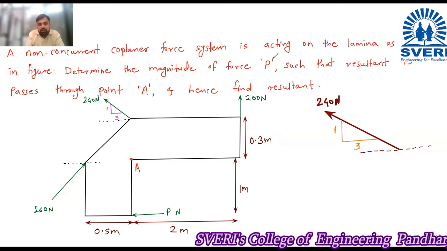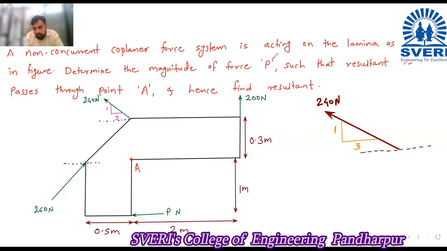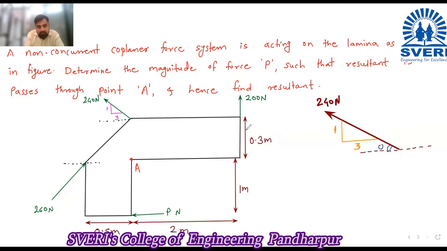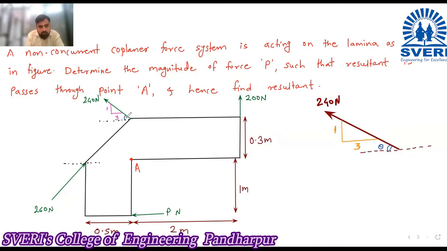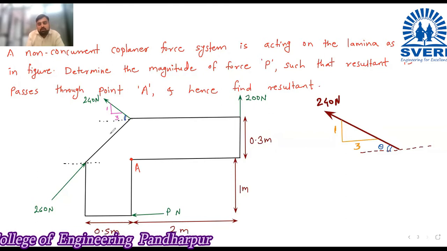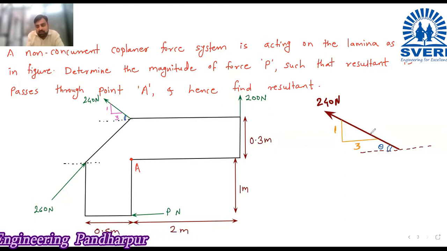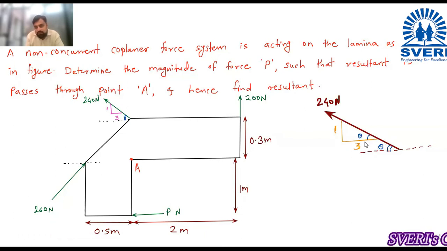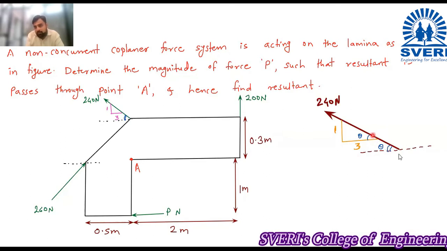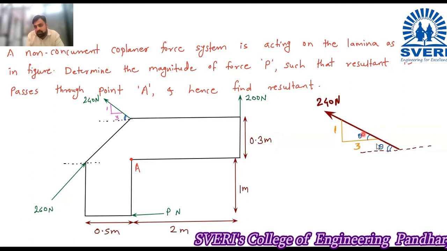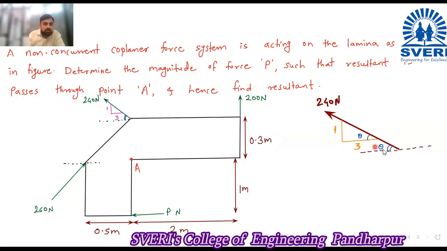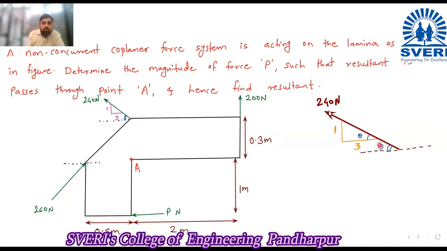Now we are interested in this angle. We want to find out this angle. This angle we don't know. This angle we want to find out for the resolution. Now if you consider this angle as theta, this angle is also theta because these two are parallel lines and this is the transversal. This is also a horizontal line, and this will become a transversal. So these two angles are corresponding angles.